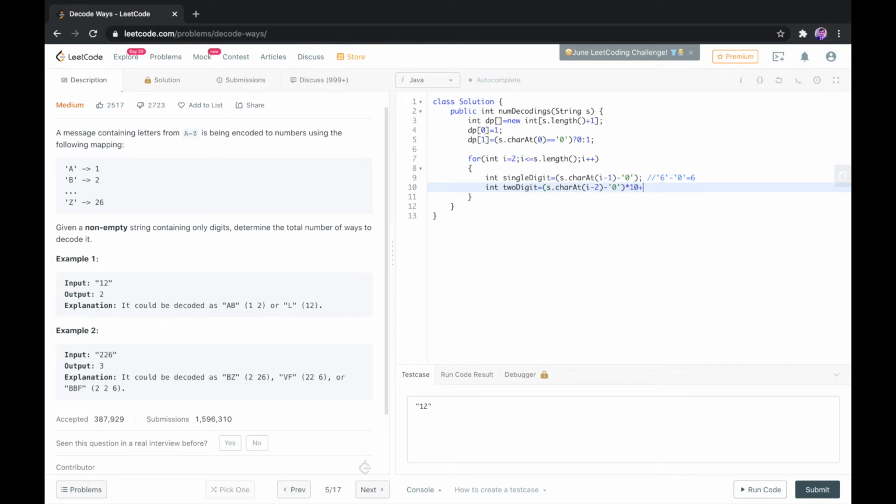Then we add the single digit that we extracted in the previous line to it to make it a double digit number. So what we did in this situation was extract 2, multiply it by 10 and then add 6 in order to make it 26.